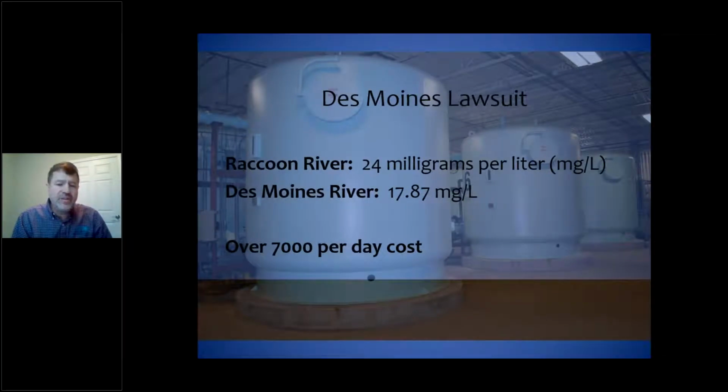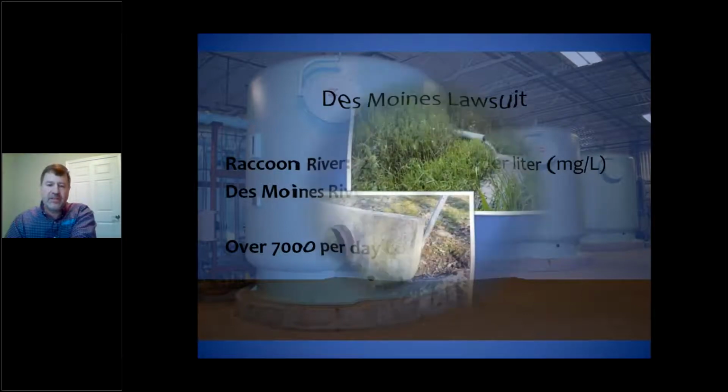This is a huge deal, $7,000 per day cost for drinking water treatment. 10 milligrams per liter is the limit, and readings were 24, 17, and these are on moving rivers. Rivers aren't known just to have nitrates in them. I won't get into the lawsuit, but this was a big deal when you've got 500,000 people, I believe, is what Des Moines gives water to, and they're affected by a quite smaller number of people that are farming in the watershed. So this really started giving my world a lot of attention.